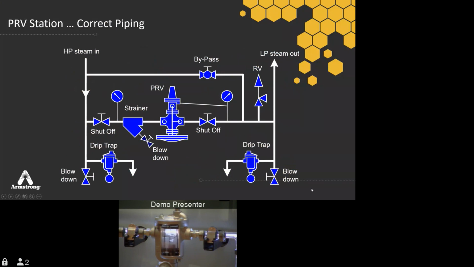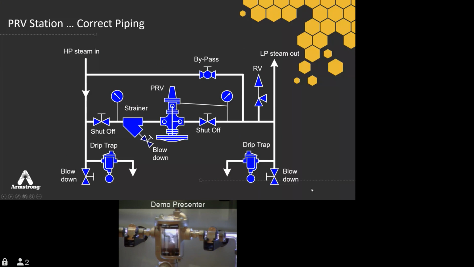Isolation valves, the only recommendation we would make there is ball valves on steam are a really bad idea. And from there, it's up to you if you want to use gates there. The price is typically indicative of the quality of that valve, and so again, we just recommend getting a good valve. There's nothing worse than trying to work on a PRV if those valves don't shut off tightly and you're getting